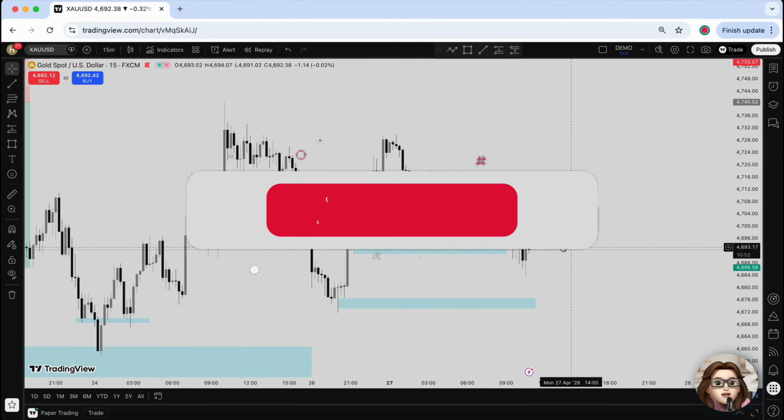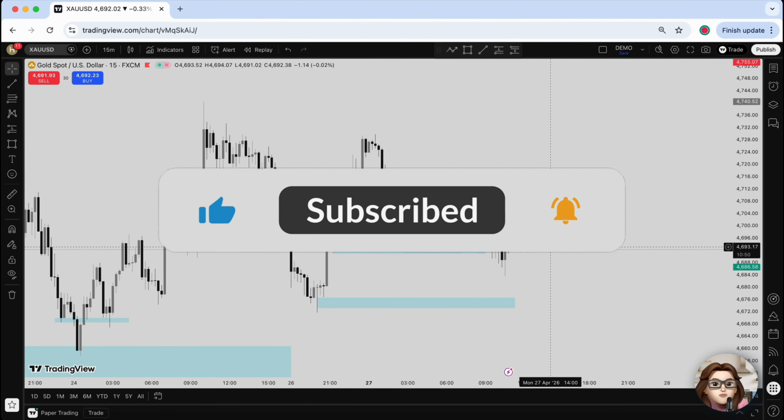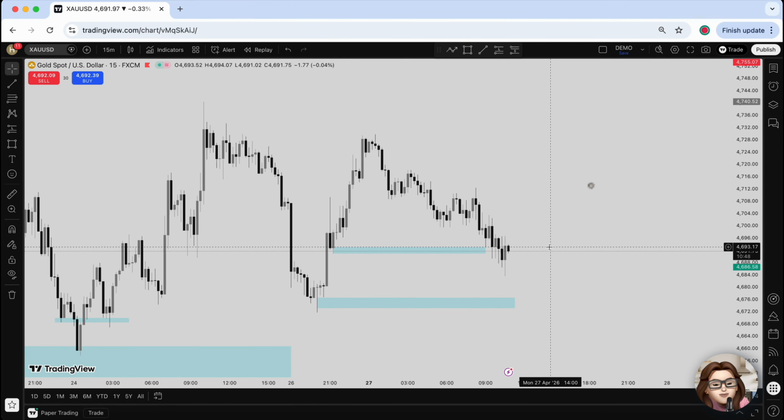In this tutorial, I'll show you how to add a stop loss in TradingView so you can manage risk and